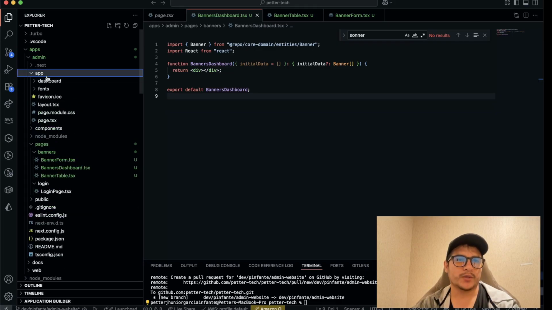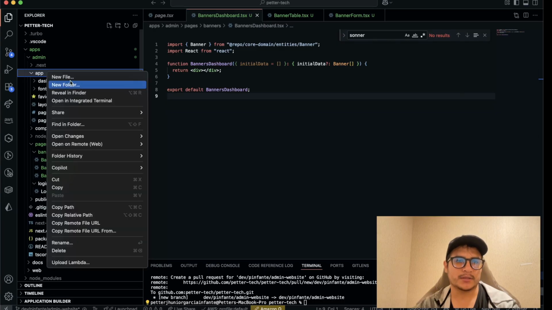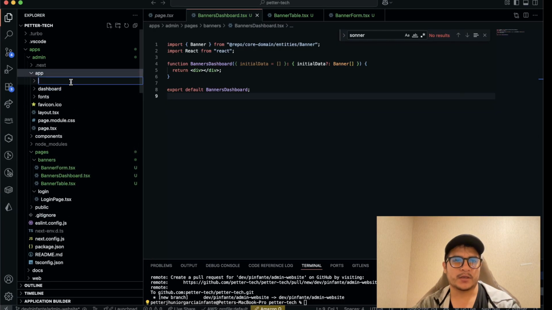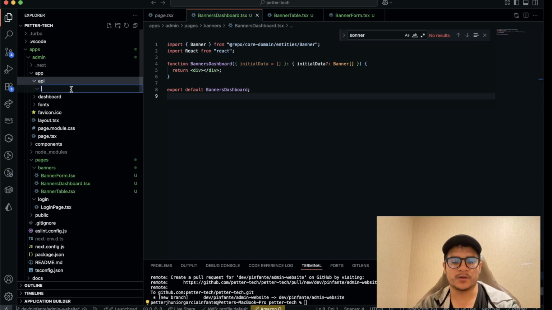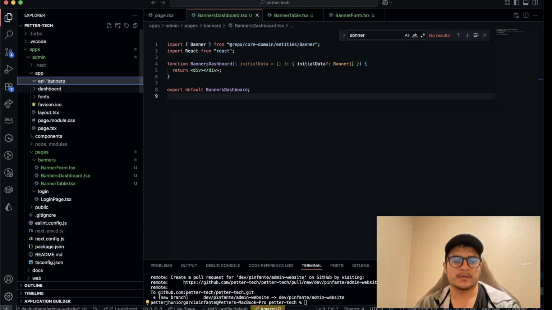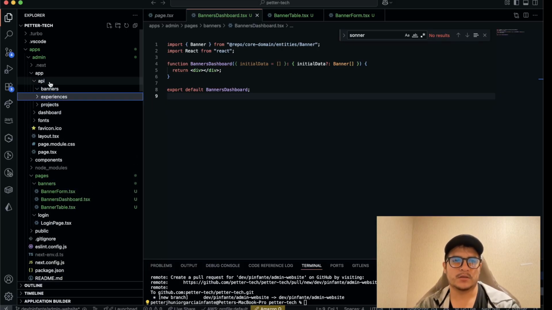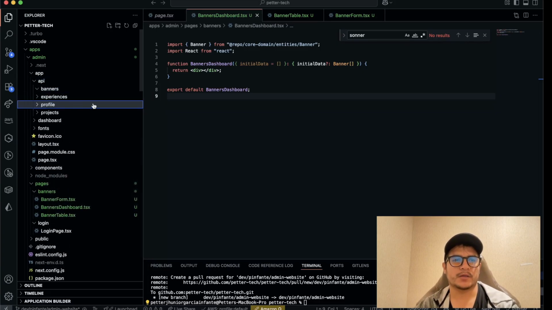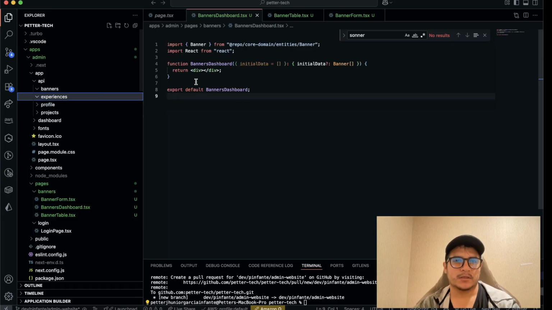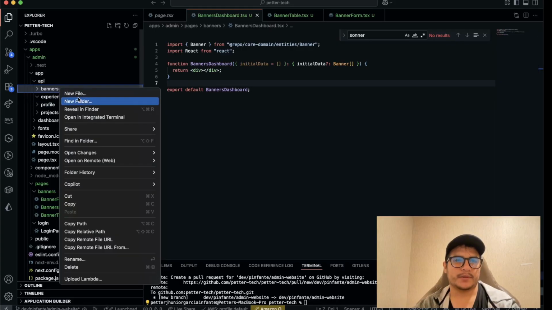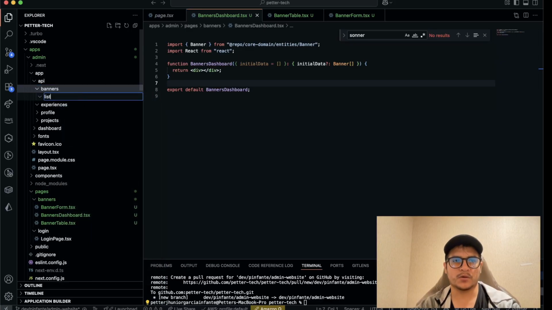So what we are going to do here is create APIs. For that, we are adding a new folder which we are going to call APIs. And inside this API, we are going to add banners and also projects, experiences, profile. Okay. So here we have the whole list,